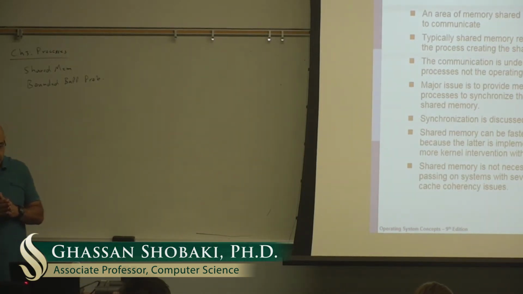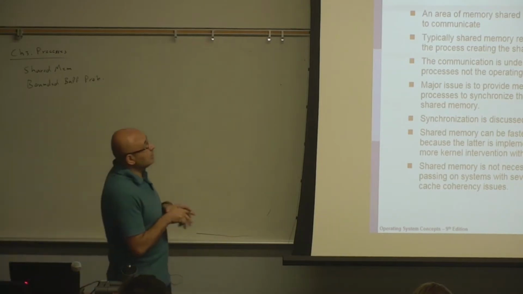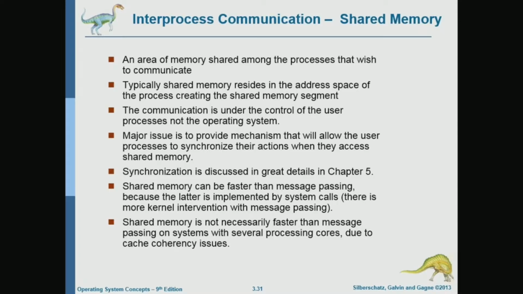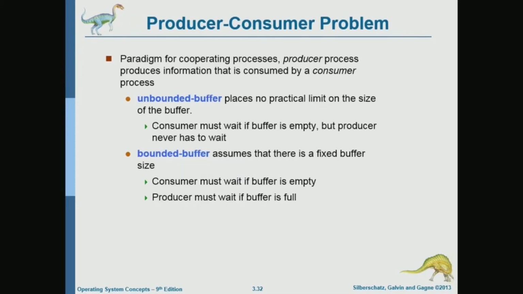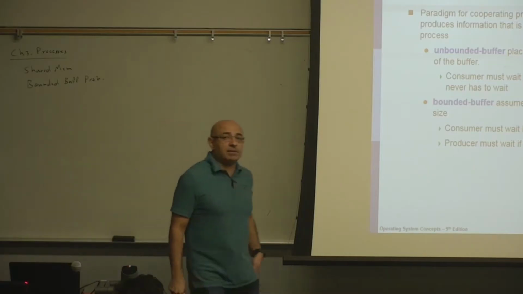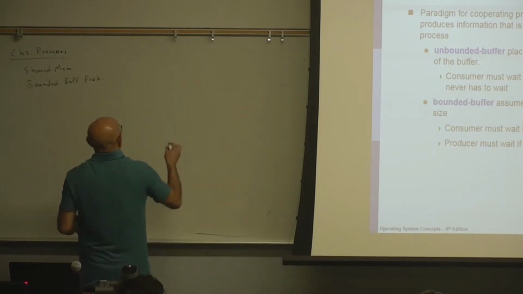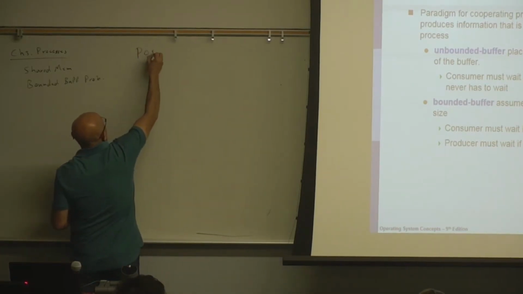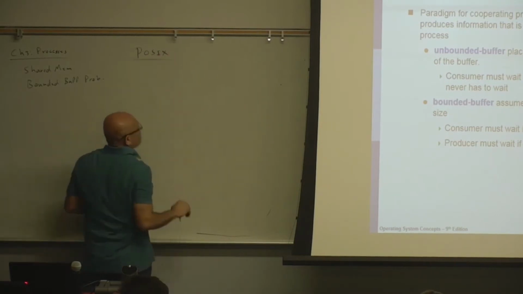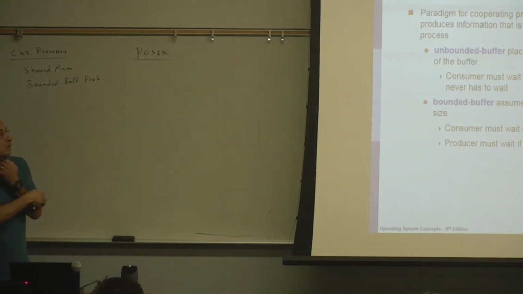posted on campus. The last thing that we talked about last time was shared memory and how shared memory differs from message passing. So today we will talk more about how shared memory is implemented. We will talk about the POSIX APIs for shared memory, how to create a shared memory object using the POSIX API, because that's what we will be doing in the assignment.